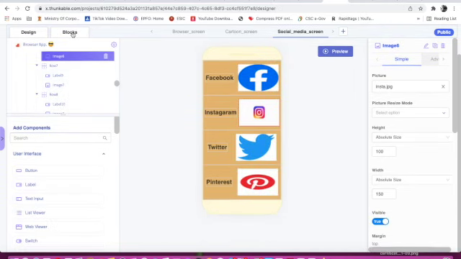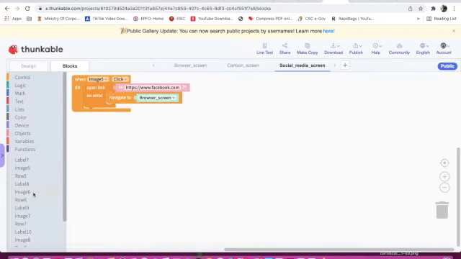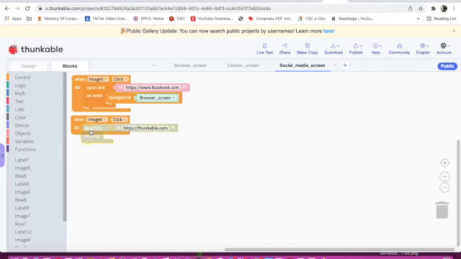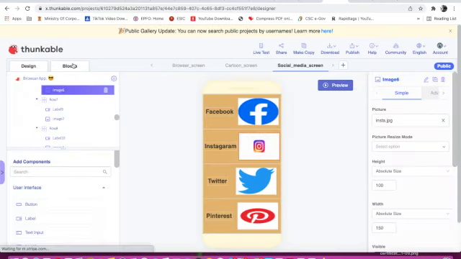Now Instagram is image 6. Now when image 6 is clicked, open link and error I will take. I will go to Control and I will take this last block and here I will search for Instagram.